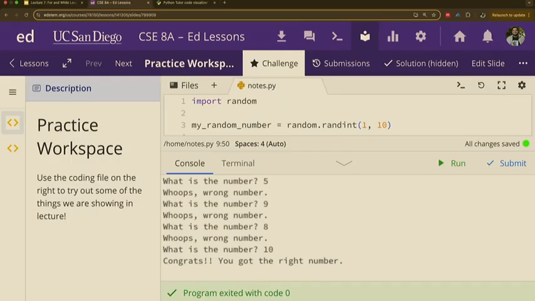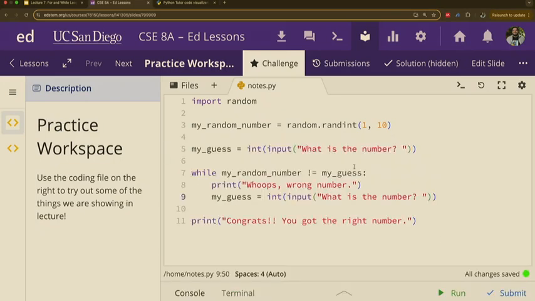Okay? Fantastic. So now, we just created a game in Python with some very simple code. We had a total of 11 lines of code here, and we created a game. And you could show it to your friends and family and say, check this game out that I created. Write this at home. We have 1 minute left.